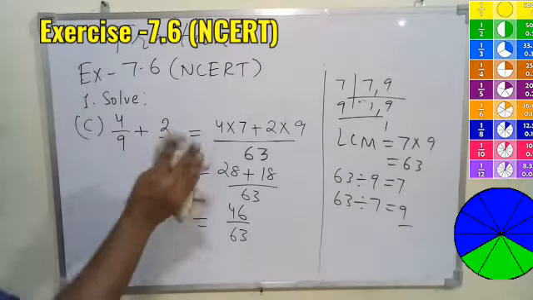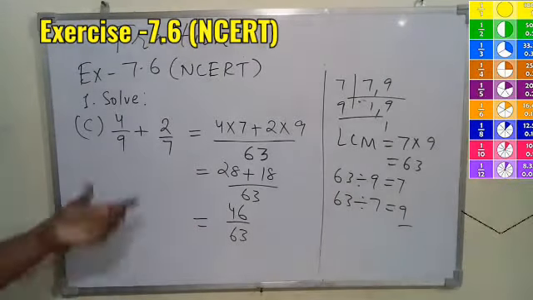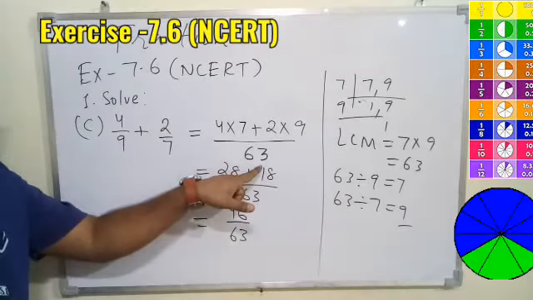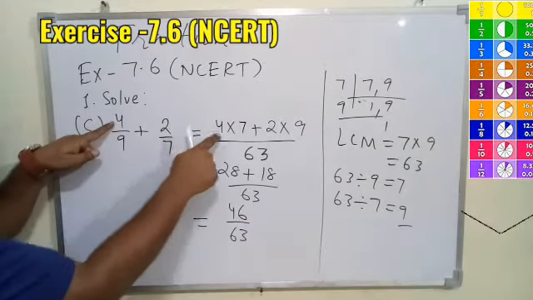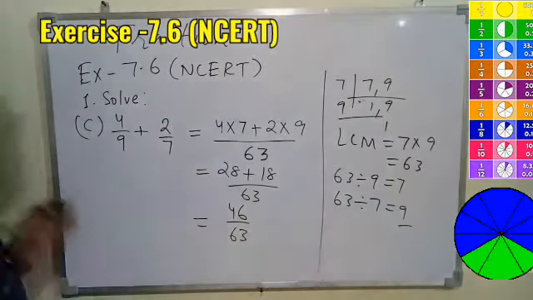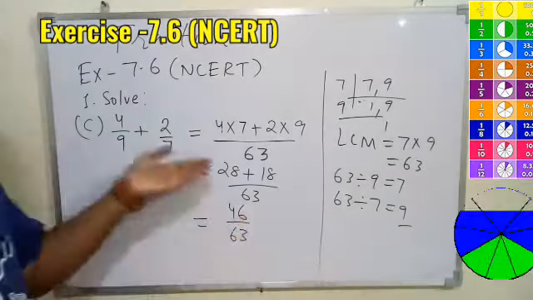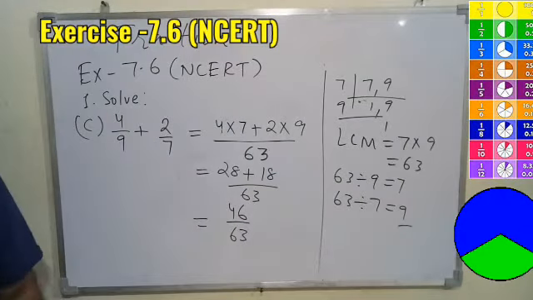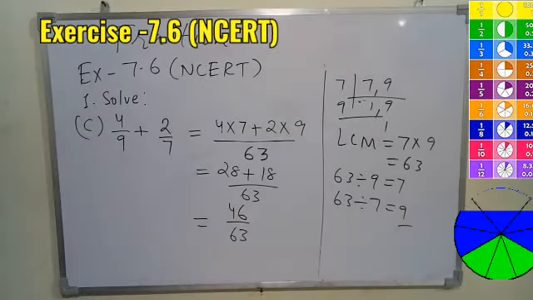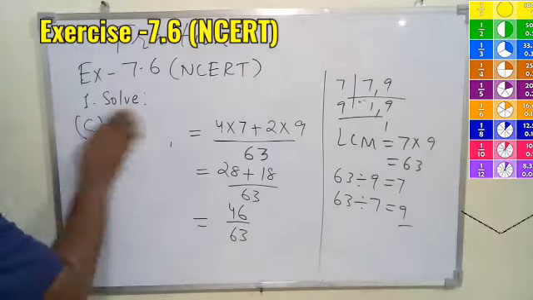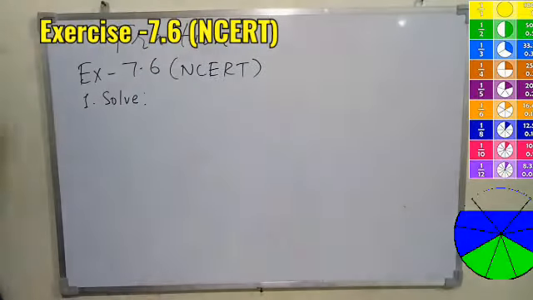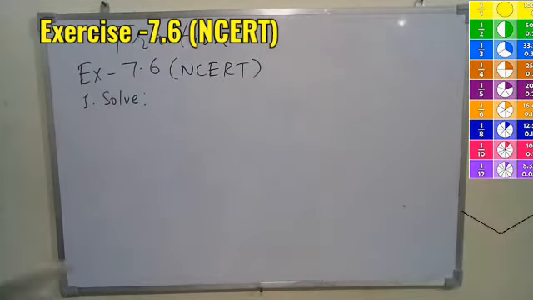So this is by one method, by finding the LCM. Even if you don't find the LCM, then also you get the same thing. What I told you, multiply 9 and 7 directly here. So you multiply 9 7, how much you got? 63. Then multiply 4 with 7, plus multiply 2 by 9. So we did the same thing without finding the LCM. Even if you apply, you will get the same answer. But with the LCM, somehow we are able to get the reduced form more easily as compared to the other method. So it's up to you which method you apply. All are equally good.